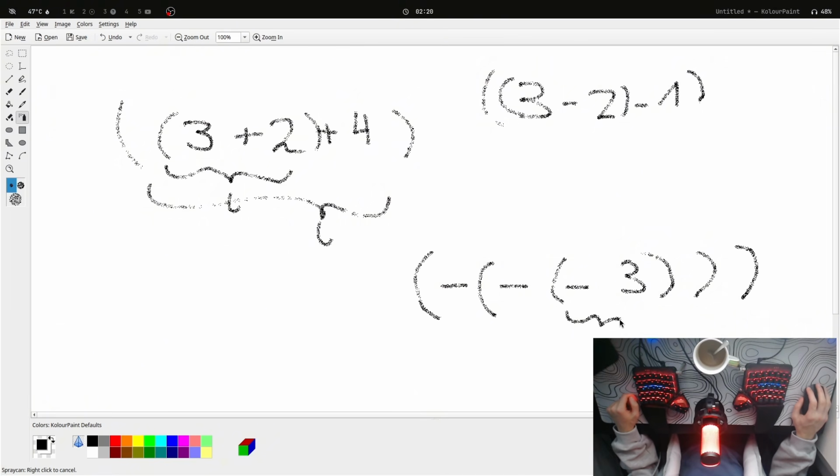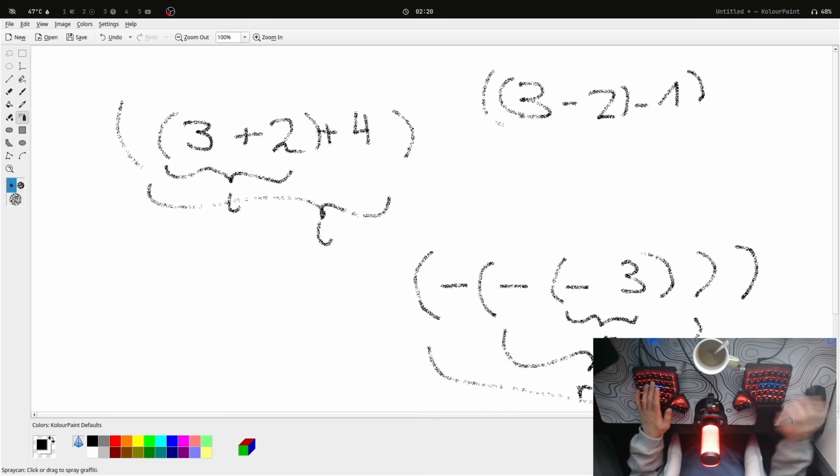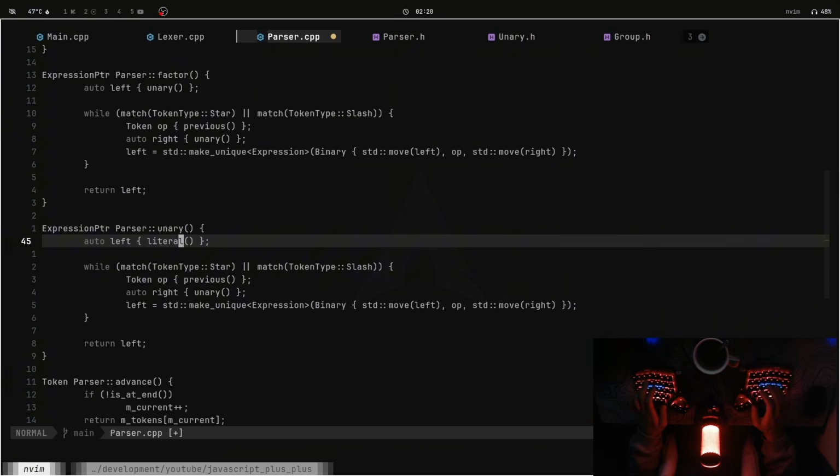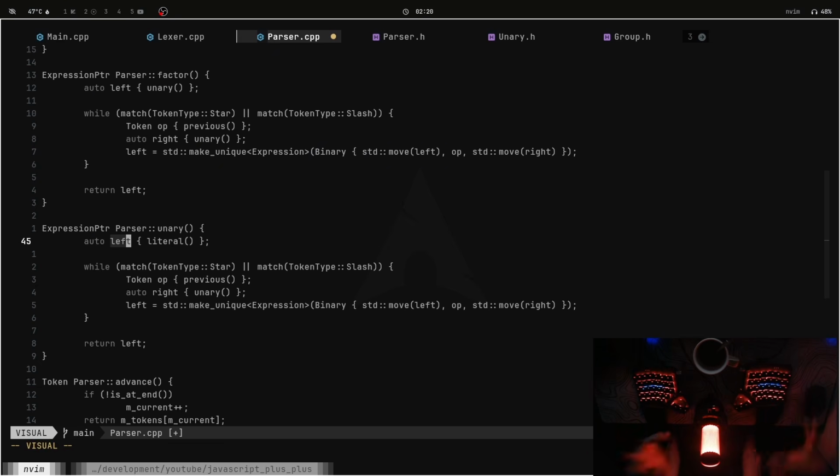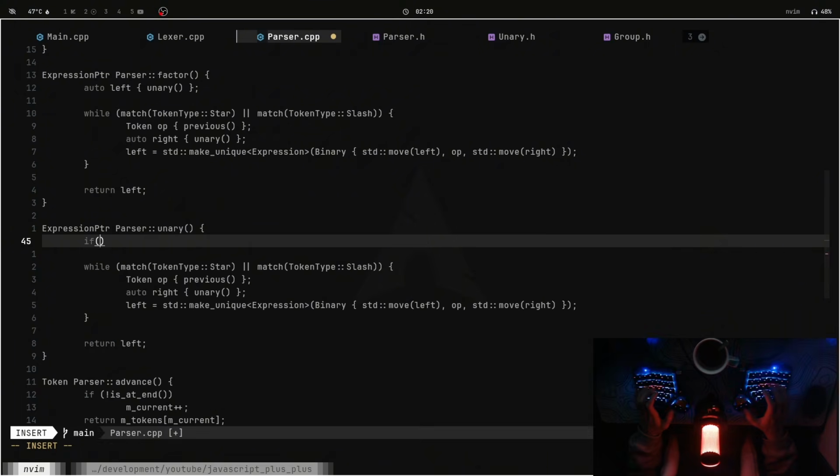And you see the right person is first being evaluated, and that's why we call it right associative. So we can't just do this, because this already takes the left first, but the operator comes first, right? So what we have to do is we have to say, okay, if we